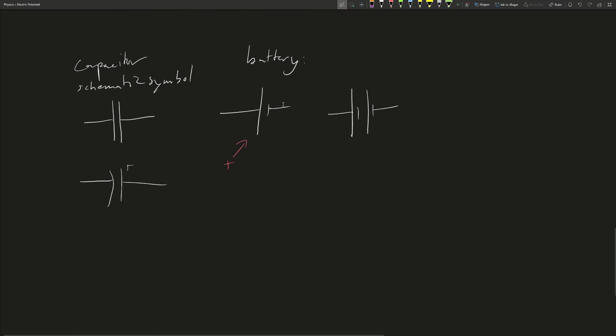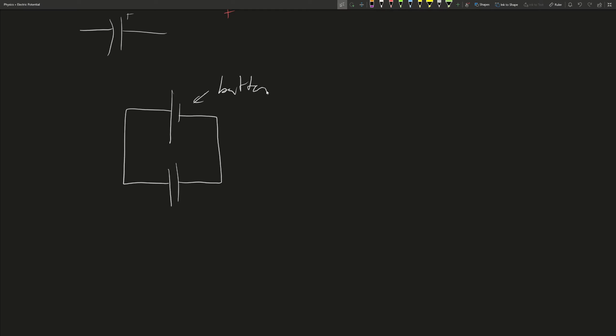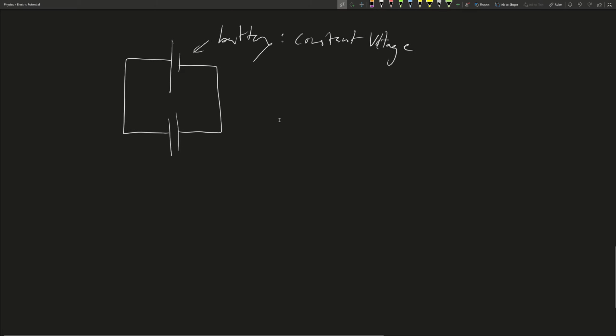Anyways, if we connect a capacitor to a battery, it'll just look like this circuit. The battery here is a constant voltage source, which means that the voltage across these capacitor plates is going to remain constant. So what happens when we bring the plates further apart? Well, if the voltage is constant and we bring the plates further apart,